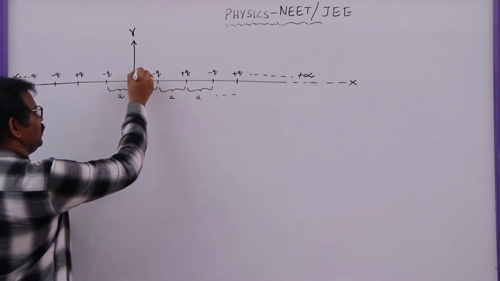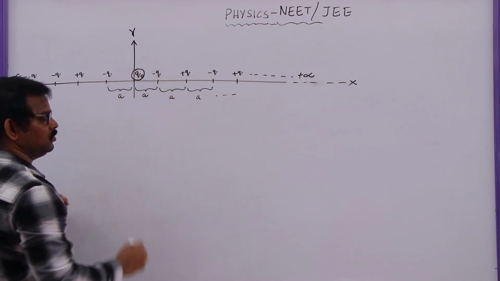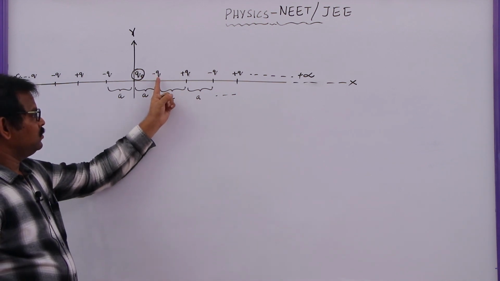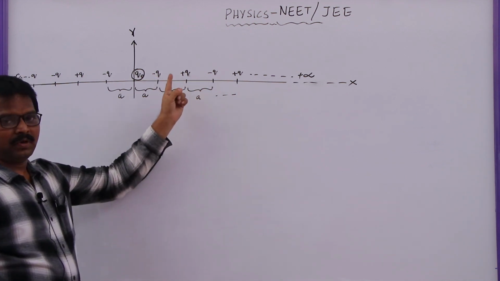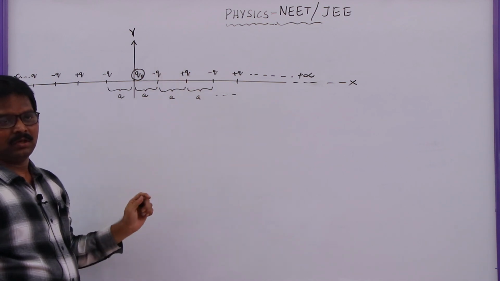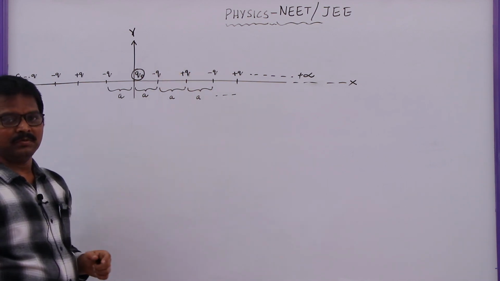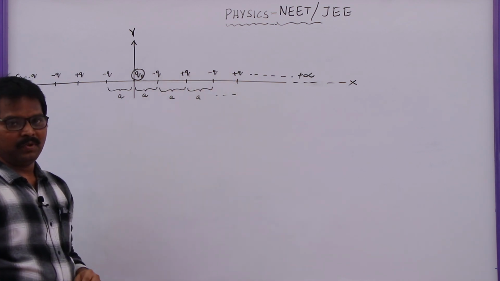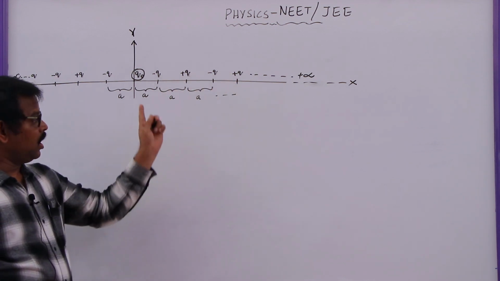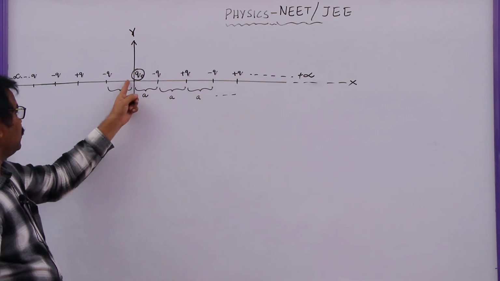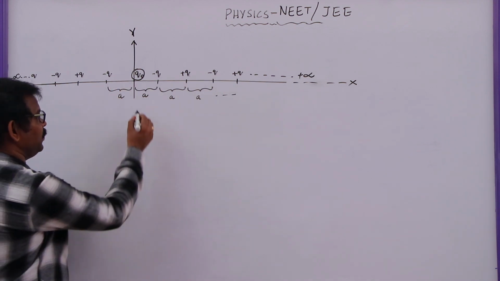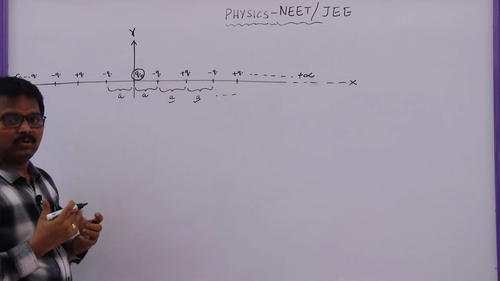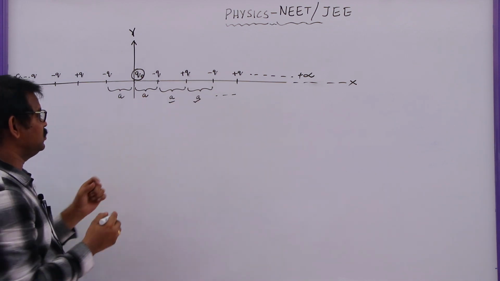In this problem, a charge Q naught is placed at the origin of the coordinate system, and equal charges but with opposite polarity, that means dissimilar charges of the same magnitude, minus q, plus q, minus q, plus q, are placed on the x-axis along the positive x-axis as well as along the negative x-axis, and the separation between any two charges is a. So what is the total potential energy of this system?